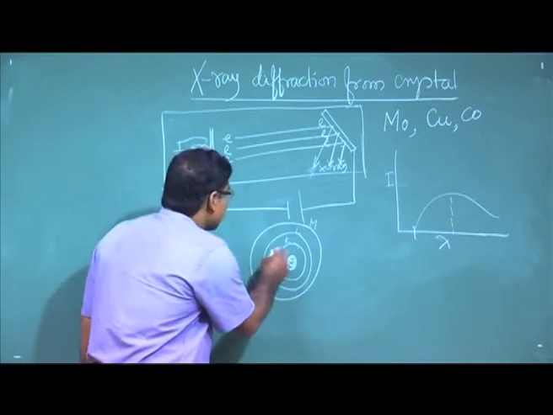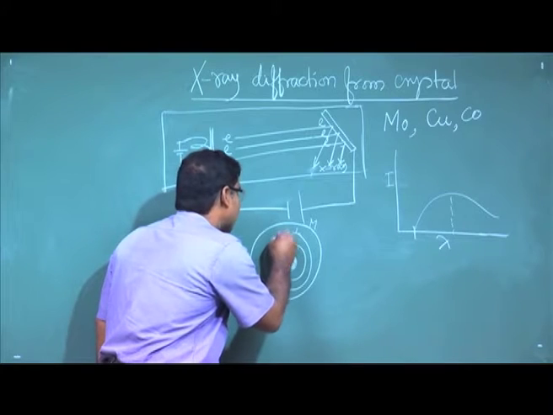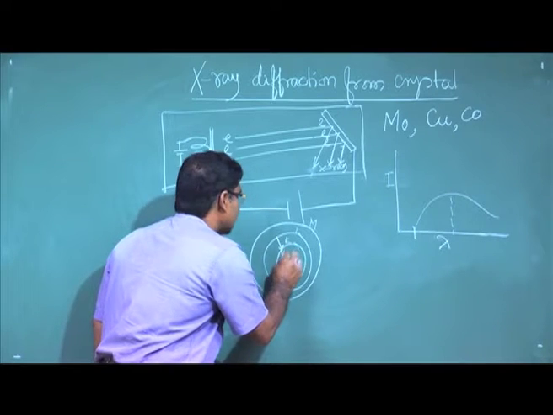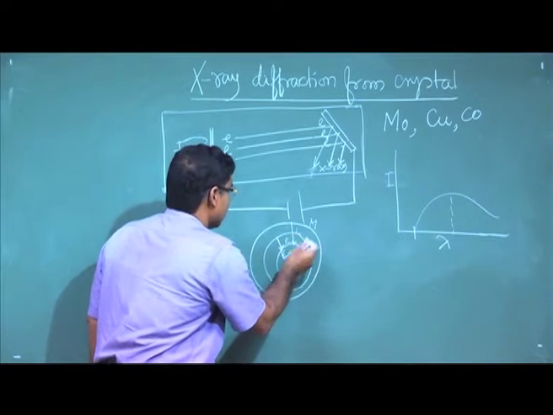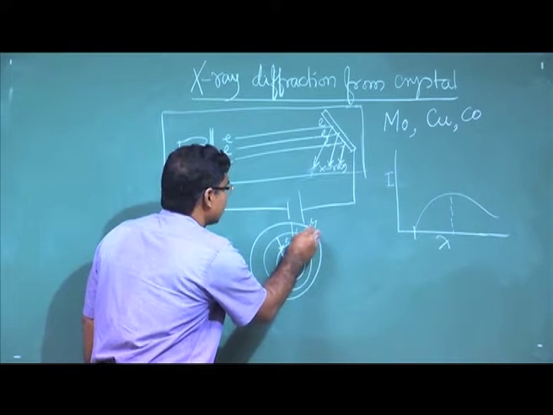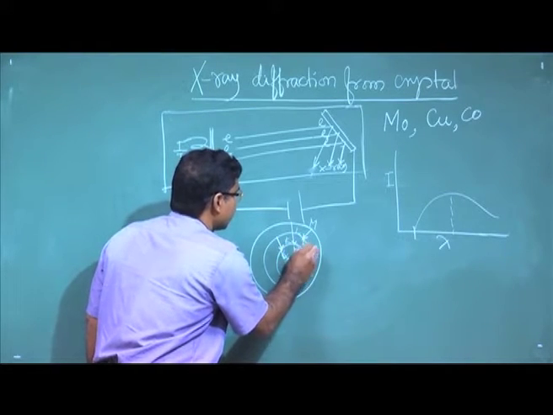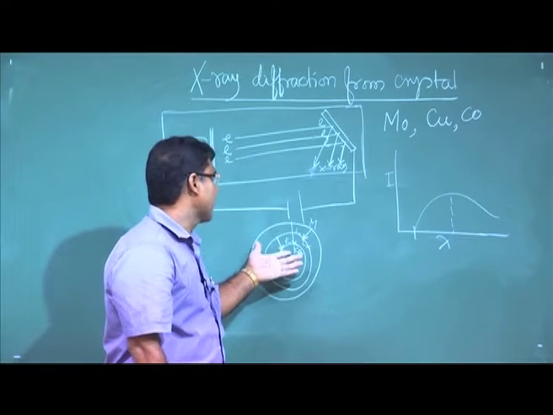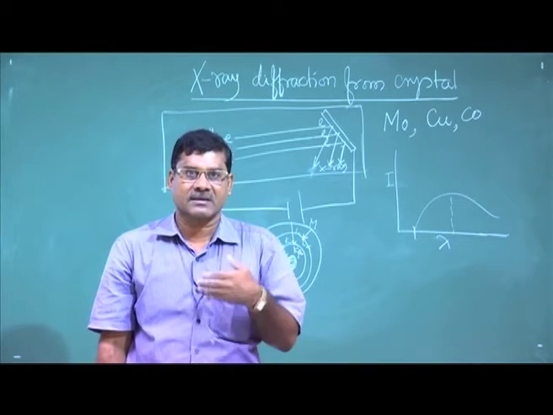Okay. So its nomenclature is like this: if an electron jumps from L to K, it is K alpha X-ray. If it jumps from M to K, it is called K beta, right. If it jumps from M to L, it is called L alpha, right, etc. So you will get the K X-ray, L X-ray. These are called characteristic X-rays.